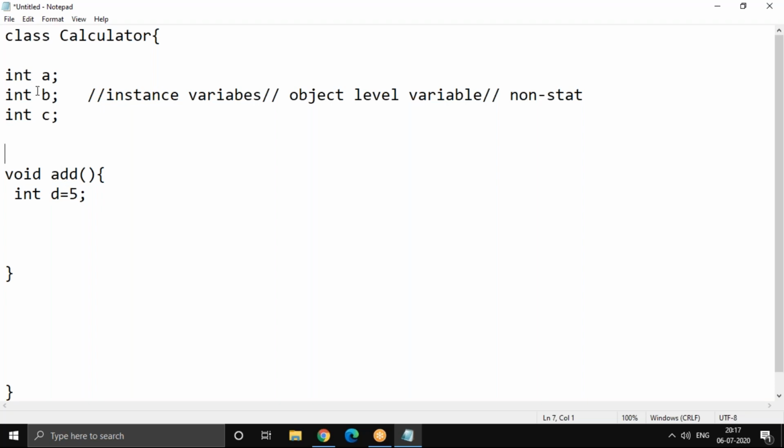So you are calling this ABC an instance variable because you have declared it outside the method and inside the class without a static keyword. So that's the reason you call it instance variables or object level variables or non-static. Why you are calling with these three names, you'll get an idea once we discuss what is static and non-static, right? And if I declare a variable like this,